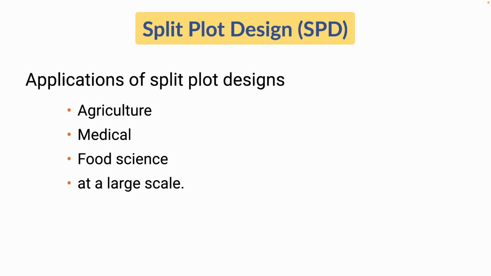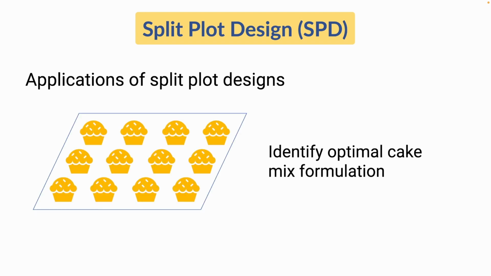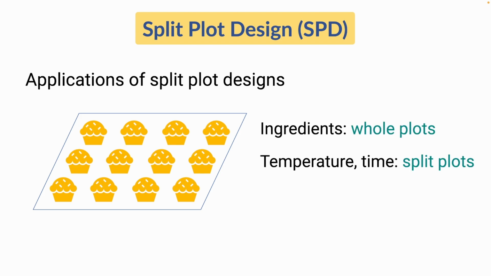Split plot designs can be applied in different research areas, including agriculture, medical, and food science, particularly at a large scale or industrial scale. For example, a food manufacturer may be interested in identifying the optimal cake formulation. Because cake mixes are made in massive batches, it is not feasible to change the combination of ingredients. Therefore, the ingredients act as the whole plot, and other factors like temperature and baking time are used as the